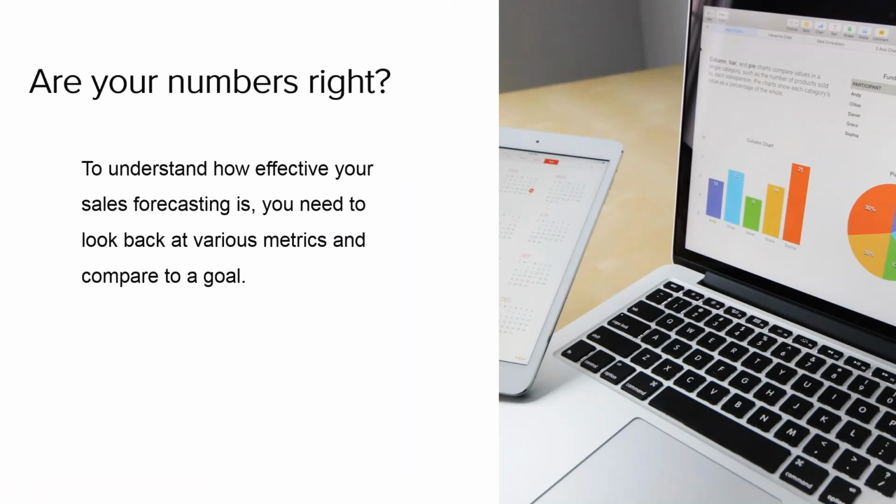Okay, and talking about setting goals and measuring success, critically important to everything we do, right? When we have an expectation, we have to have a way to measure it and help the team understand how effective they are in executing. So in our example today in sales forecasting, to understand how effective our forecasting is, we need to look at various metrics, and essentially we need to look at 2. One is your actual sales, and one is your forecasted sales.